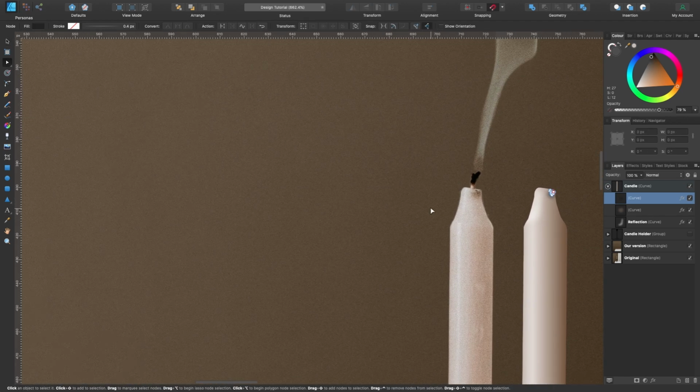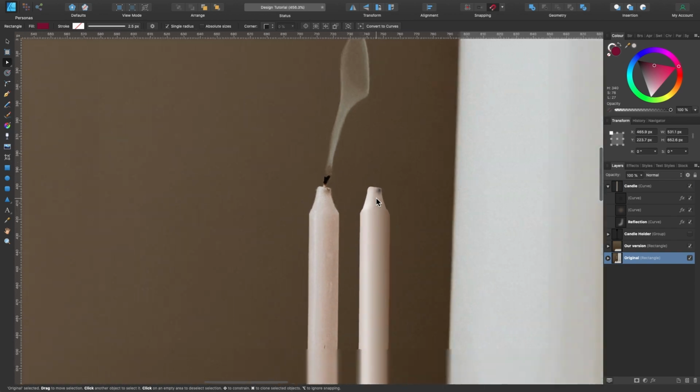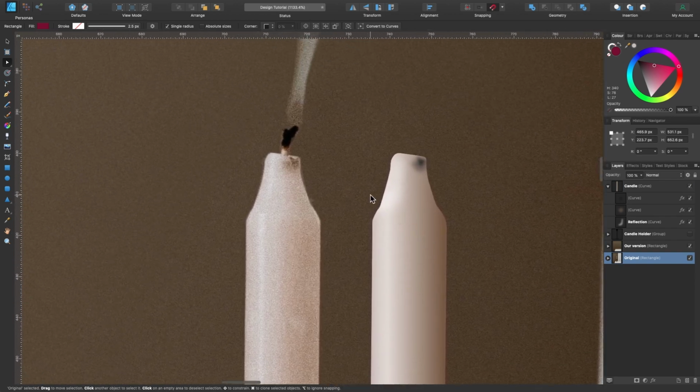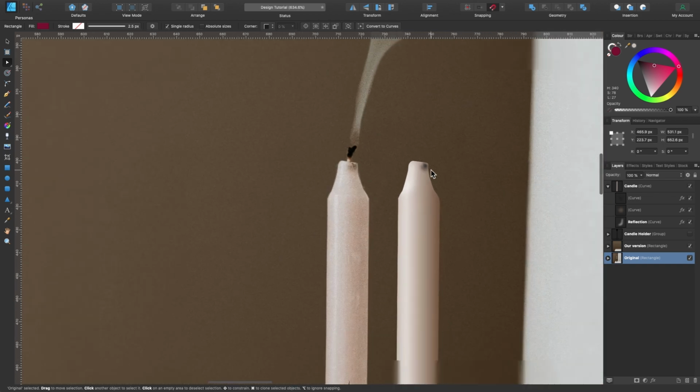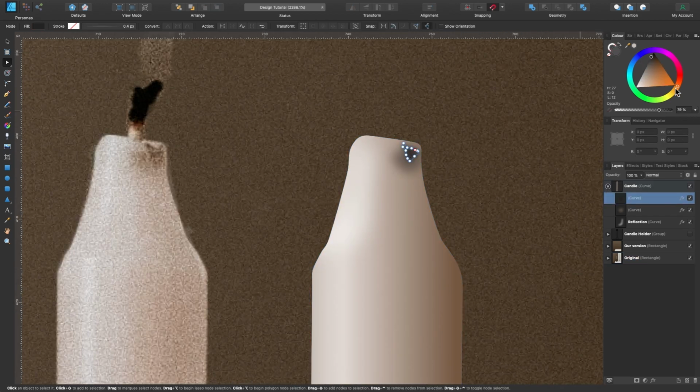Press V, the move tool, and just click elsewhere so I don't see all that. So it is all vector. Obviously this has some grain to it, but once you add the grain on top like we did with the candle, it can start looking a bit more real. Or you could just use a raster brush. Up to you really. Okay, that is a bit too black. I'm going to bring down the opacity on that.